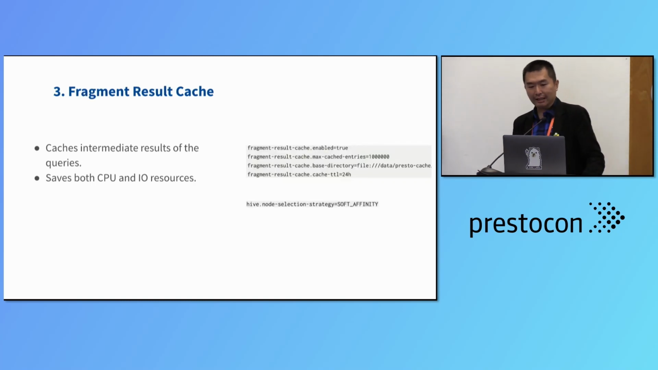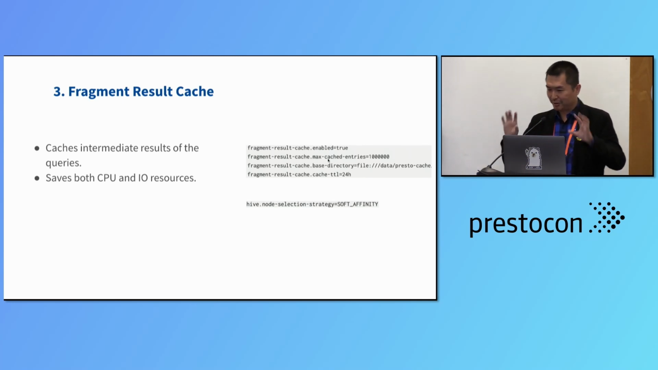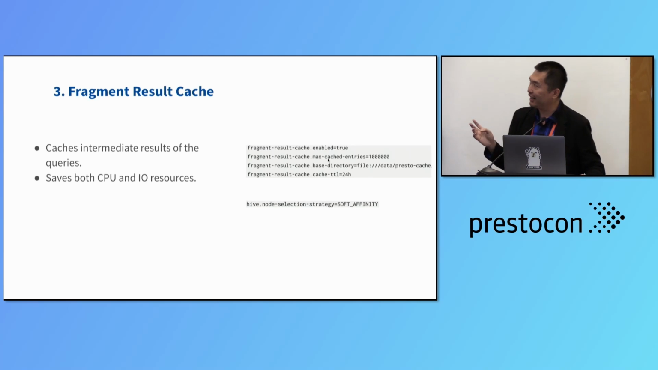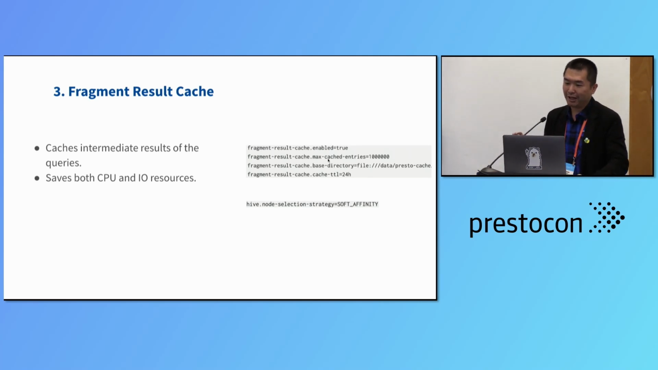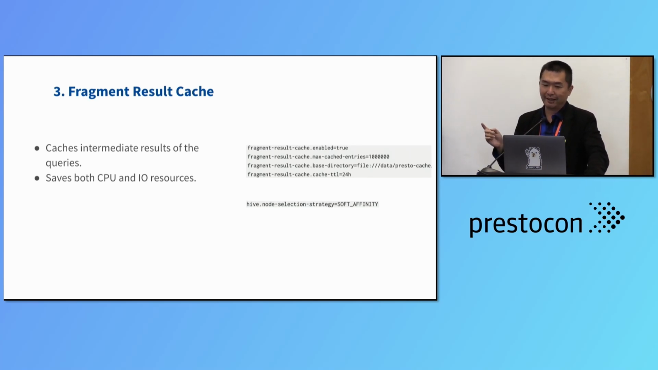Okay, this one, I'm not quite sure whether it's production ready or not, because the owner of the fragment result cache, I think he left. It's Shixuan. He left Meta, I think 2 or 3 years ago. And if we're talking about the configuration, you can see there are still some experimental things there. But I heard quite a few companies are actually using this to speed up their